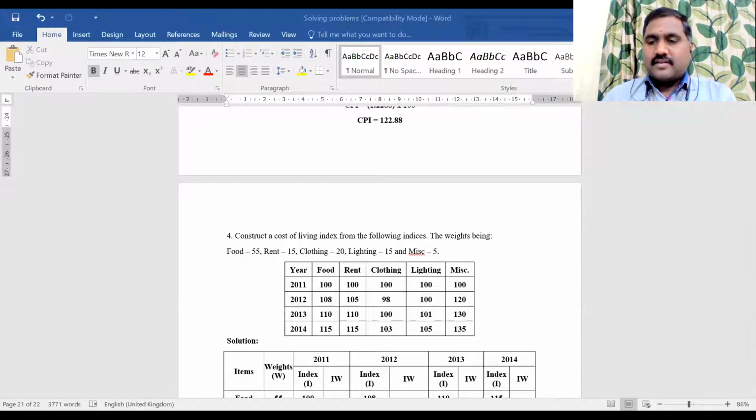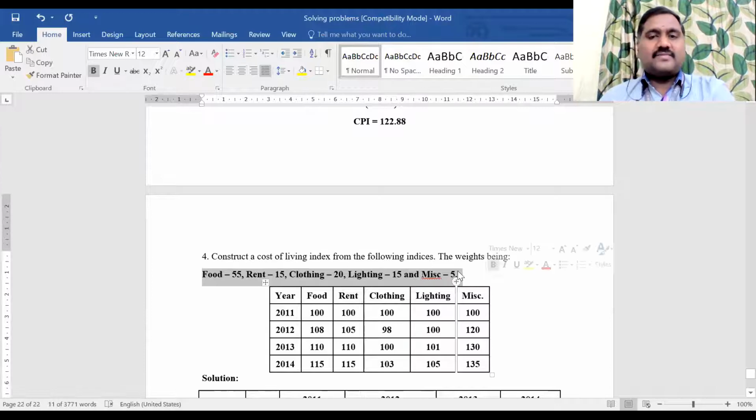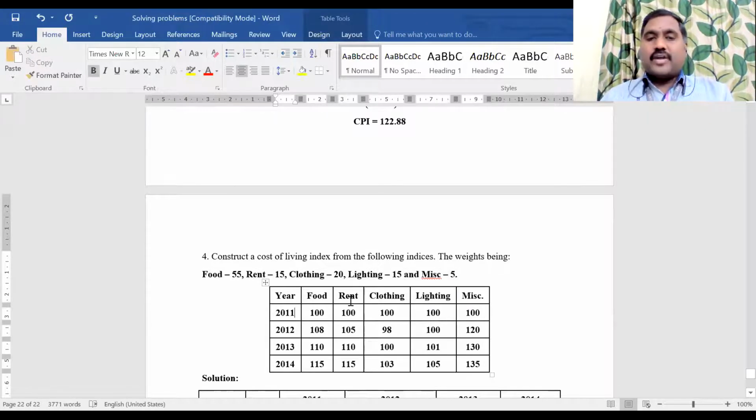So this is the fourth problem, right? And this is the fourth column they gave. See, this is the weightage, guys. See the weights, how they mentioned them. Don't think that this is different. This is a weightage value. W is given in the problem. See, I told you, usually food, rent, clothing will be column-wise. The first column will be the item, the second column will be the price for the respective year. But here they are interchanged. That's all. Don't get confused.